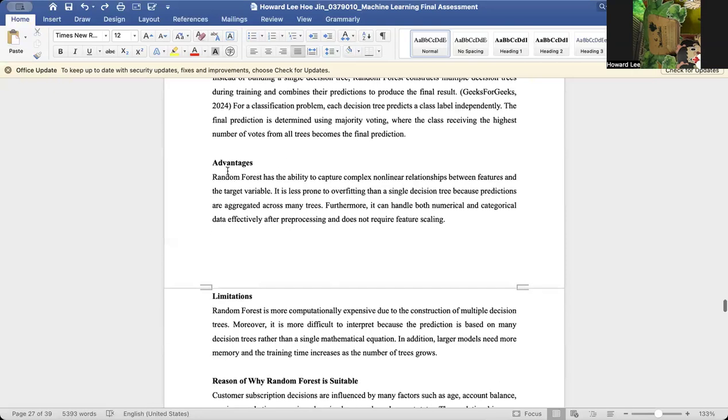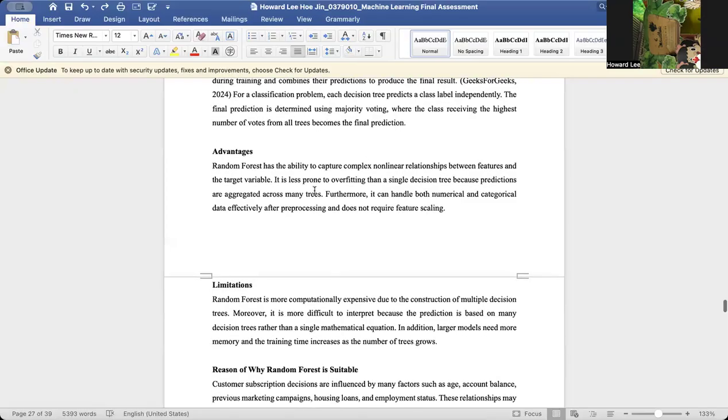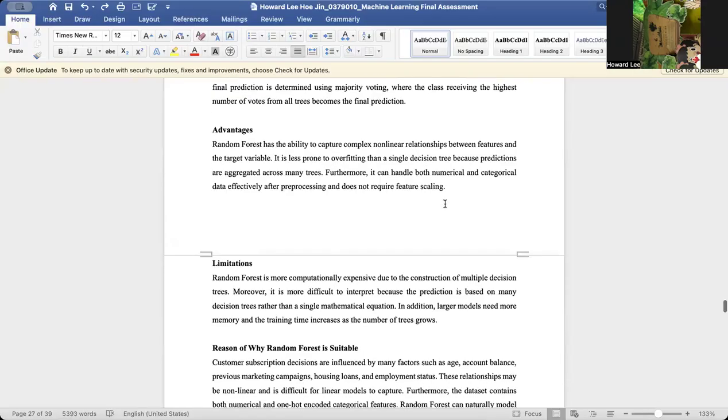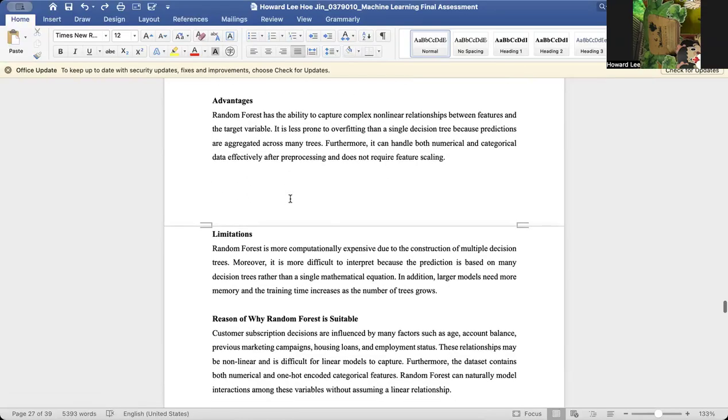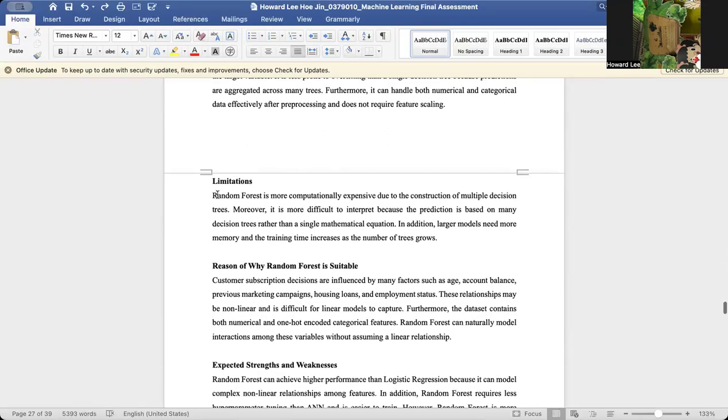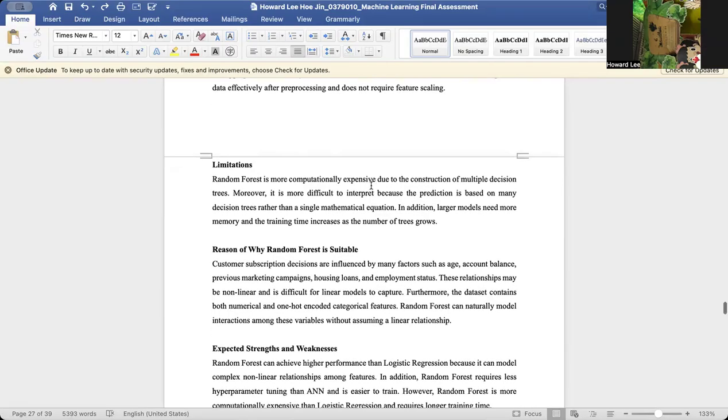The advantages of random forest are the ability to capture non-linear relationships, it is less prone to overfitting than a single decision tree, and it can handle both numerical and categorical data effectively after pre-processing. The limitation is that random forest is more computationally expensive due to the construction of multiple decision trees, and it is also more difficult to interpret.